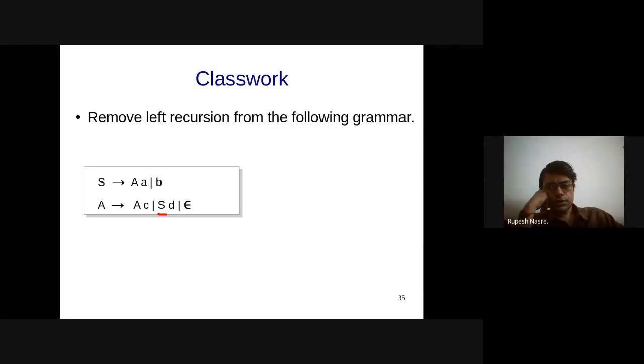Shivram Prasad says S derives A or B, A derives BD, B D A prime or A prime, A prime derives C A prime or AD A prime or epsilon.